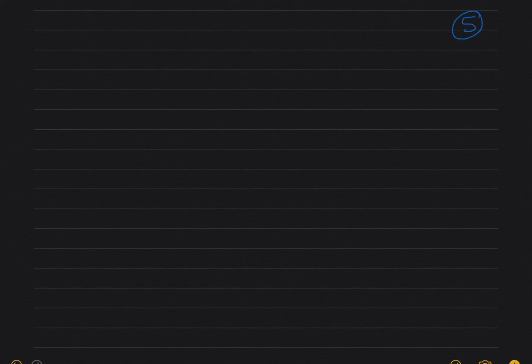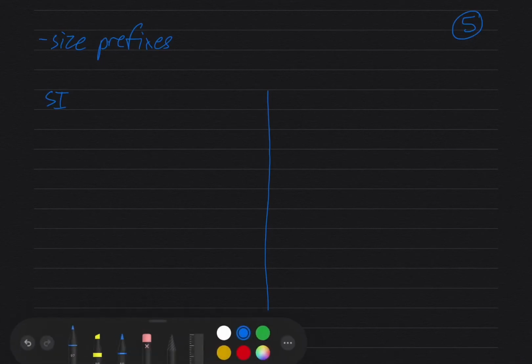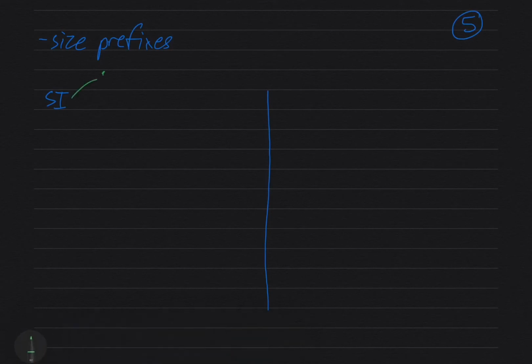Page 5 of the computer system notes, and continuing on the memory access section, we're going to talk about size prefixes. We're going to draw a table here. SI is an international system of measurements and weights and stuff like that, and they have prefixes that they specify. So SI, in case you care, stands for